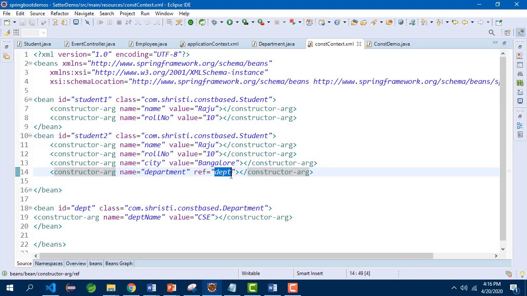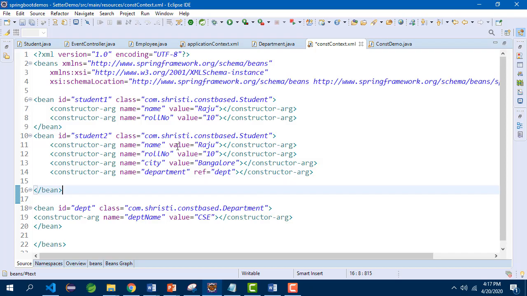So during the creation time of the object itself, this department object will be injected into student. So the IOC container will inject department during the creation time of student2, that is when it is calling the constructor.